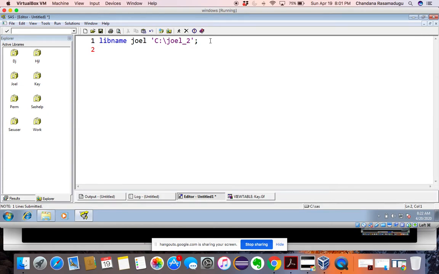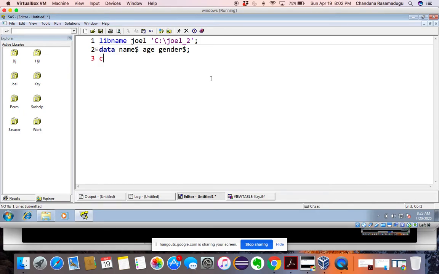Now we are writing the program. Let's take some example data. Maybe name, dollar. Why are we assigning the dollar sign? Because it's character data. Age and maybe gender. So we are assigning the dollar sign again because it's character data.